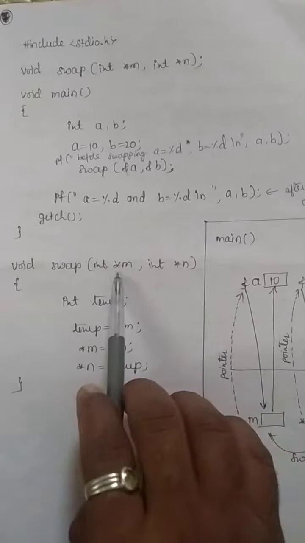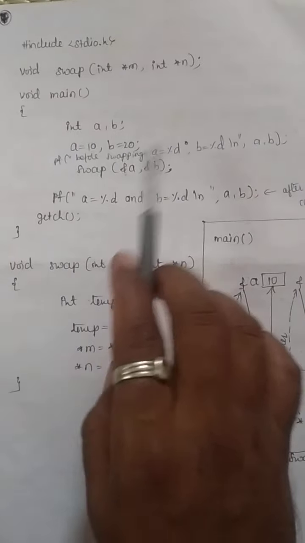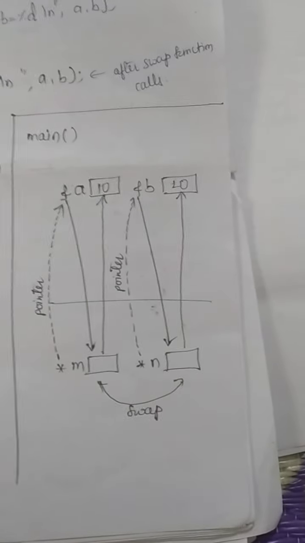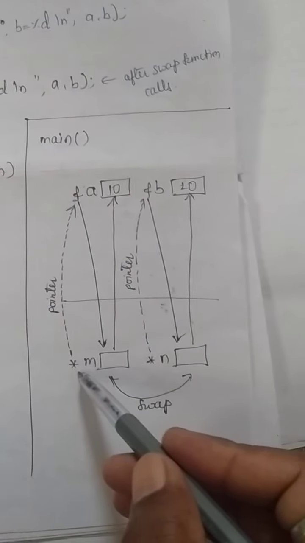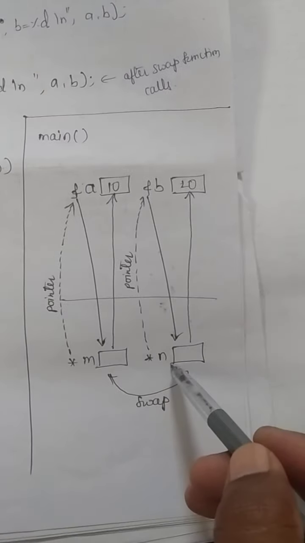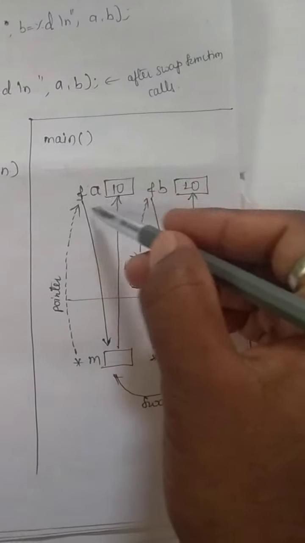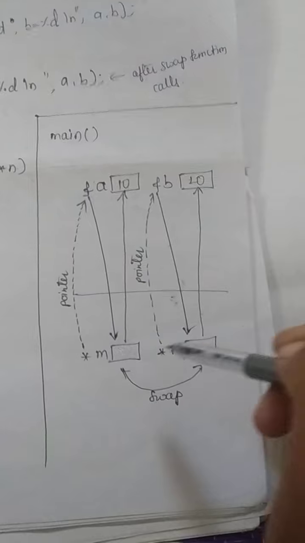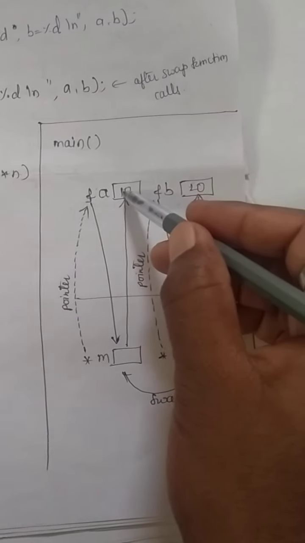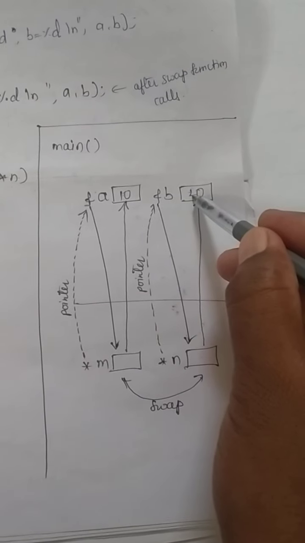So using these pointer values, we are going to swap the contents of A and B which are located in those addresses. Just see this. Here A value is 10, B value is 20 in the main function's area. This is the subfunction's area. We are taking two pointers, *m and *n. Now what happens? Address of A is sent to m. Address of B is sent to n. It means one pointer is pointing to A's address location and the n pointer is pointing to B's address location.